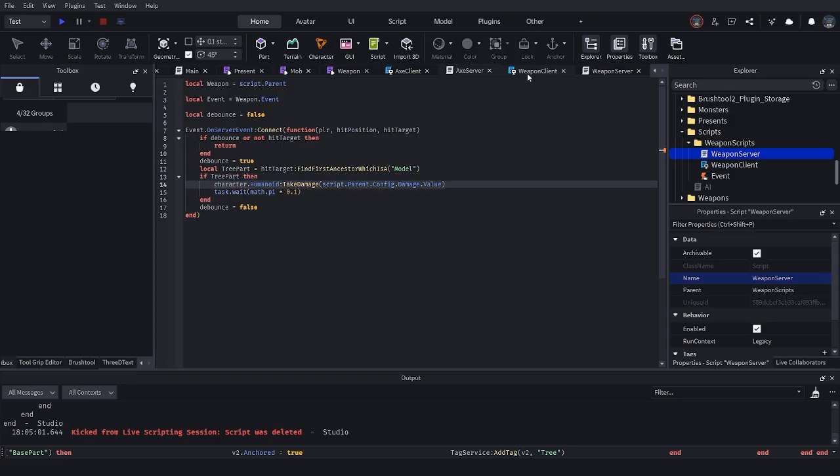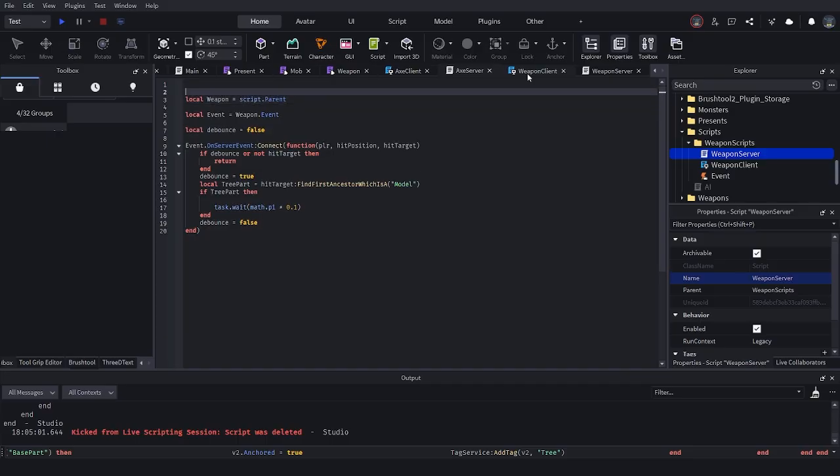Tree part. Let's just do hit. We're going to grab our CollectionService, aka TagService. We're now just going to check to see if it is a tree and give the player some wood,